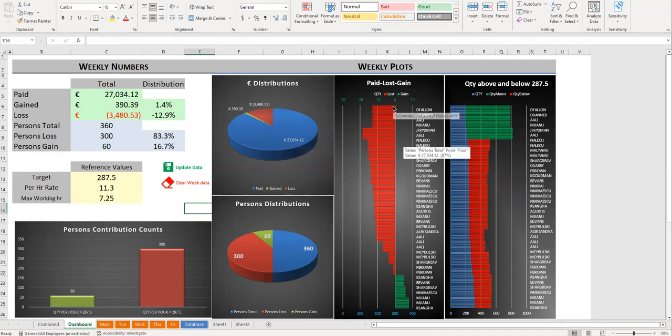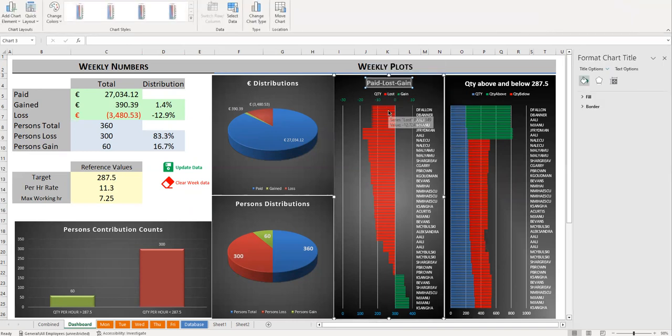And the paid lost gain chart, we should keep it to only lost and gain chart, not the paid. All right, so you can see lost ranging the names. I've tried to use the names instead of the numbers, like 1, 2, 3, 4, like how many entries are there. I've tried to use the names so that you can see what is the actual distribution of the names, which persons are positive. You can directly read the name from here. And similarly for this one, for the quantity above and quantity below,